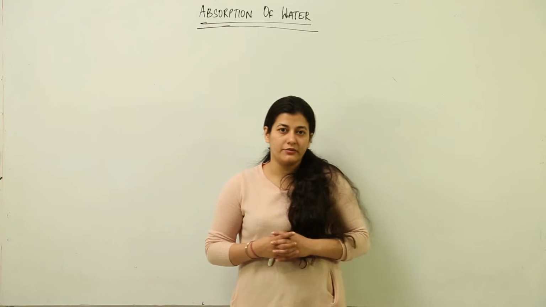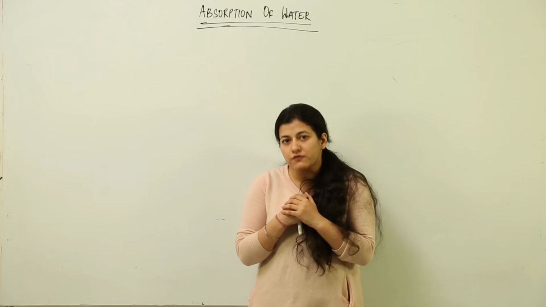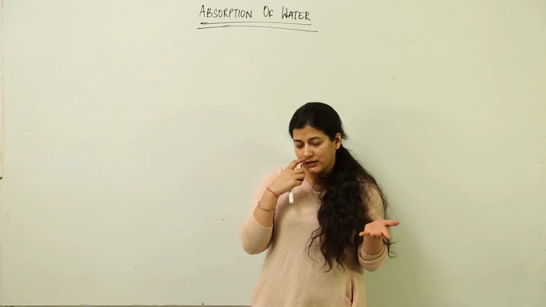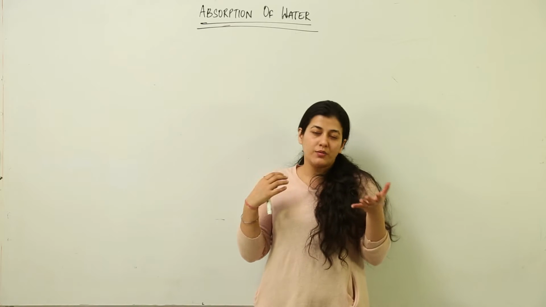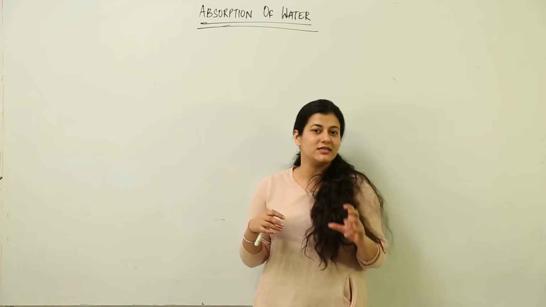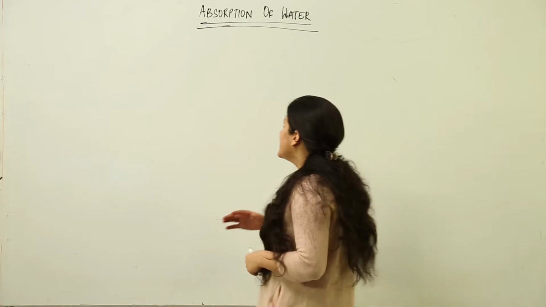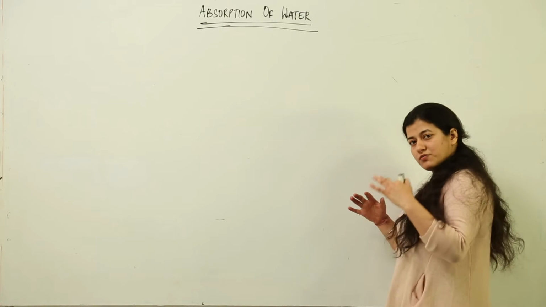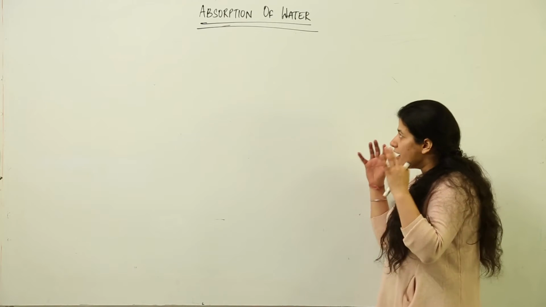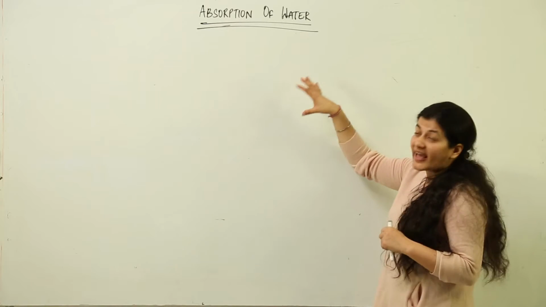Now we are going to talk about absorption of water. We have talked about the importance of water in the previous lesson, where we discussed that it is the absorption of water from the soil itself which plays an important role in transport of solutes. Now what is that all about? The solutes are to be moved from one place to another, and now we are going to study that very absorption of water by the plants.